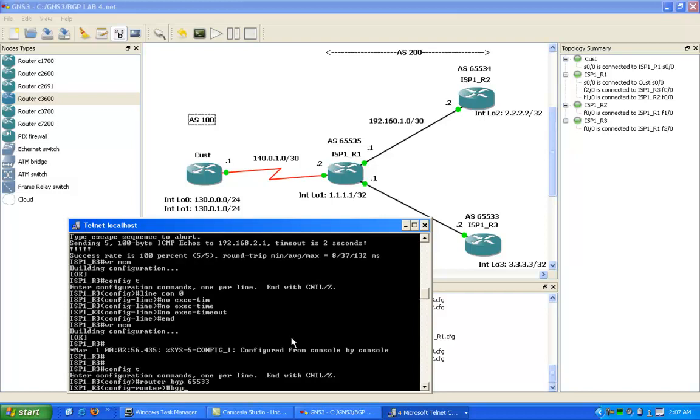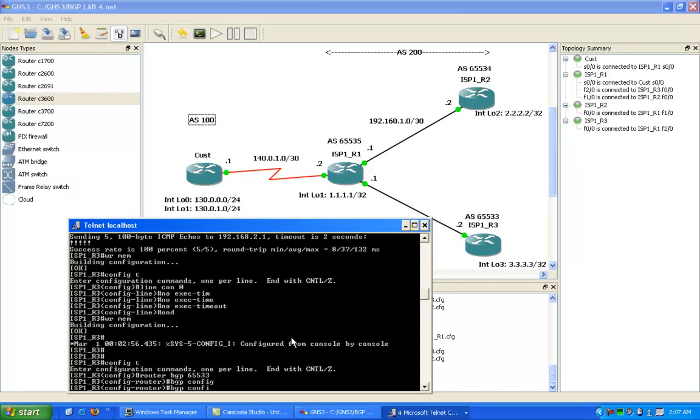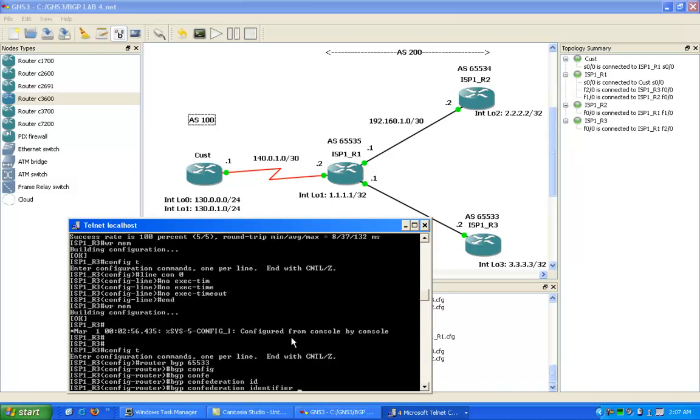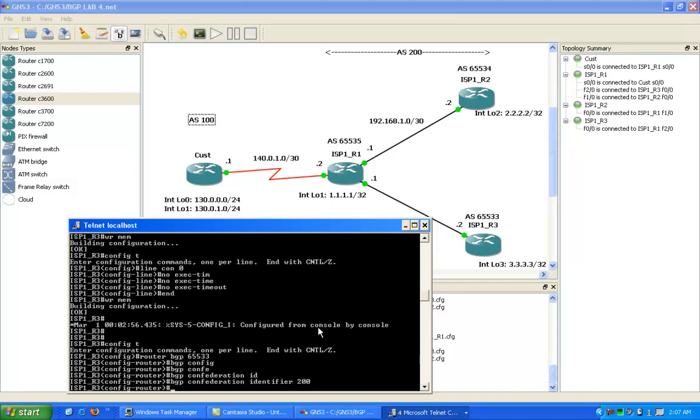And then under here we're going to put in the same commands as ISP1 R2. We're going to put in our BGP confederation identifier, and that is the overall AS that the outside world sees us as, which is basically our public AS, which is 200. Again, this command lets the router know that it's part of a confederation, and it lets us know the confederation